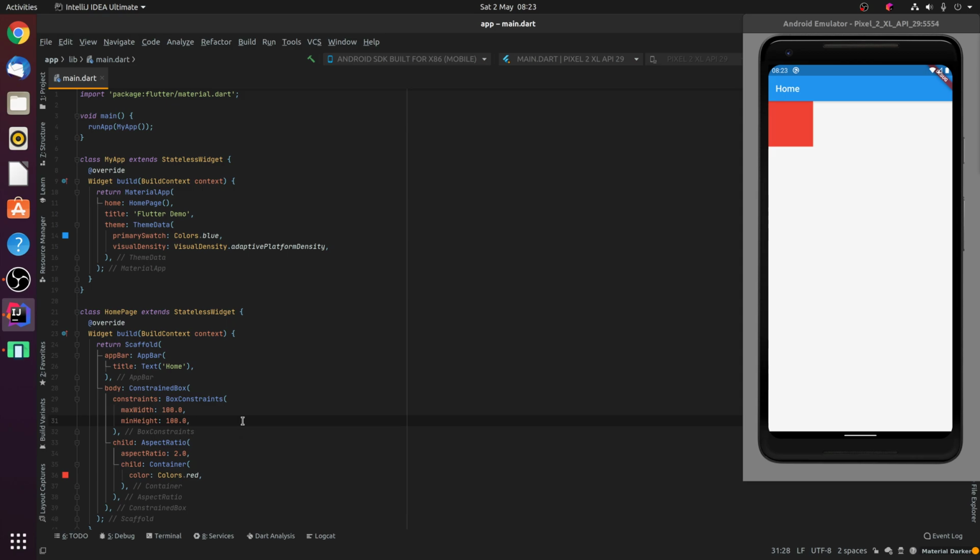I hope therefore that you found this useful, a look at the aspect ratio widget allowing you to control the width and height of the child based on an aspect ratio, provided that the aspect ratio adheres to any and all box constraints provided by the parent widget of the aspect